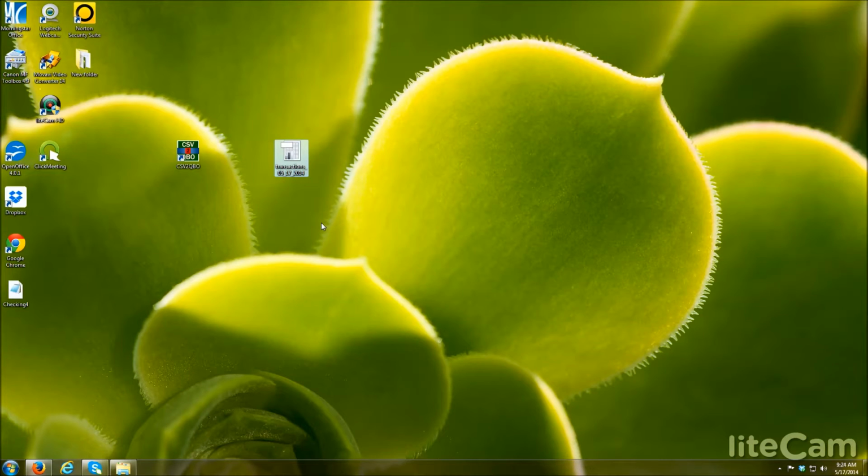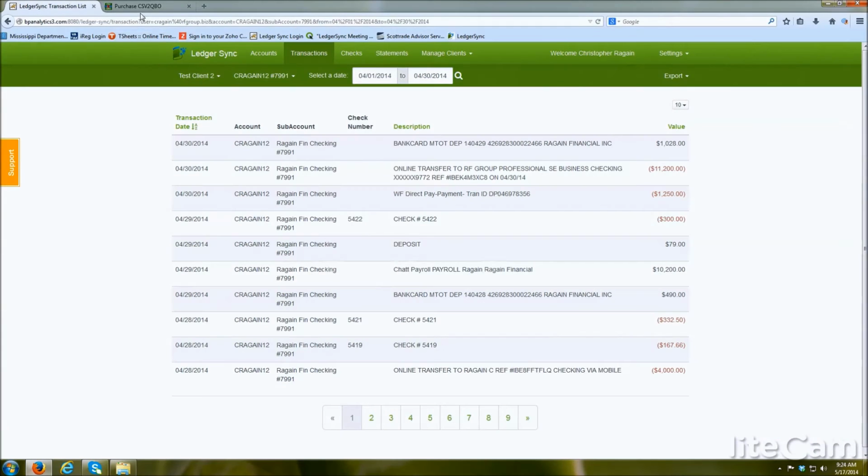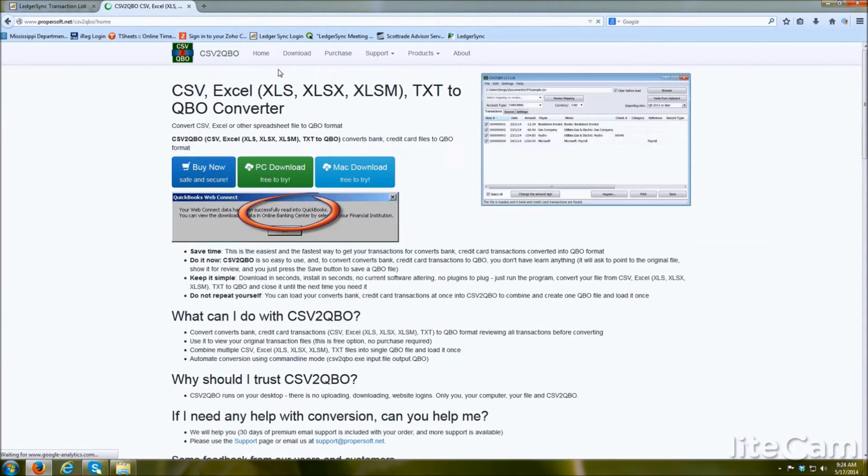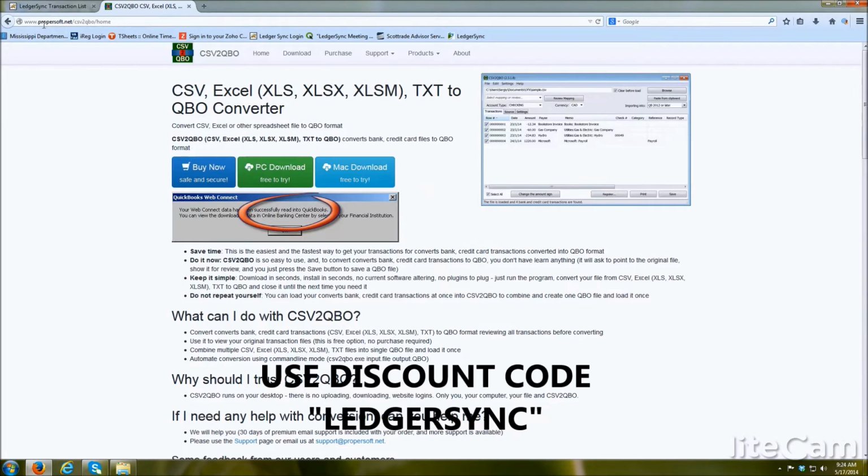And what I'm going to use is a piece of software we recommend from a company called ProperSoft, called the CSV to QBO exporter. ProperSoft is a company that makes a number of different exporters, and you can see them right up here, propersoft.net. And if you go to the QBO converter, which is this right here, and purchase this piece of software,